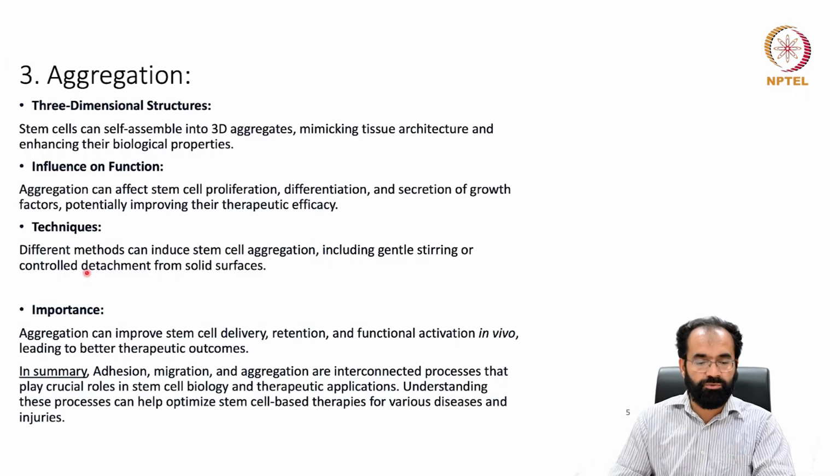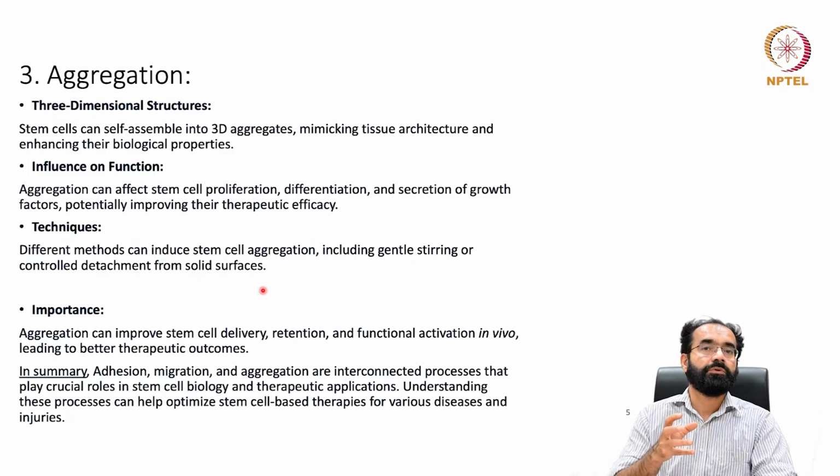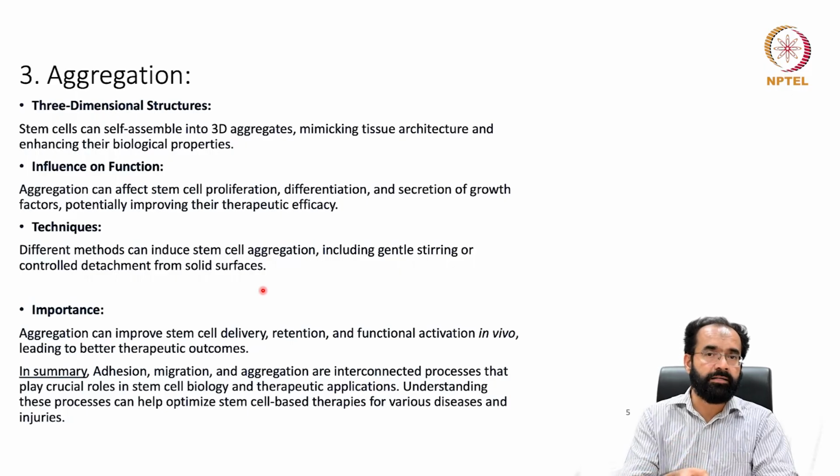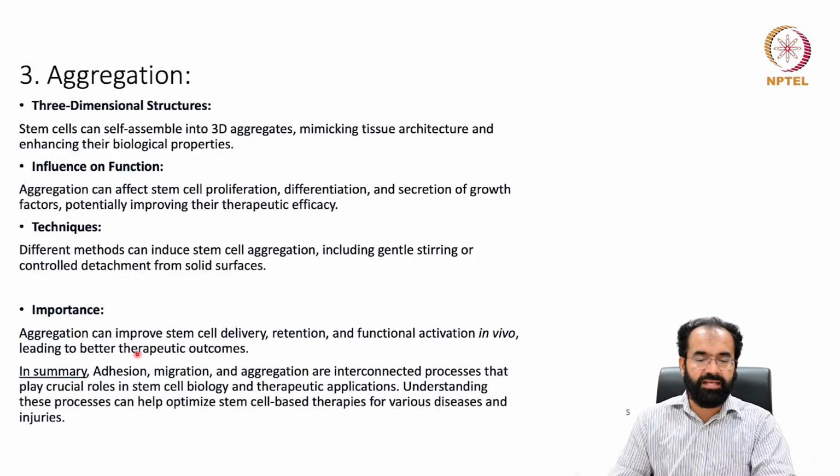And the techniques used: different methods can induce stem cell aggregation, including gentle stirring or controlled detachment from a solid surface, etc. Whenever you give an altered scenario or an altered environment to the stem cell, they tend to aggregate. So the importance of aggregation is that it can improve stem cell delivery, retention and functional activation in vivo,